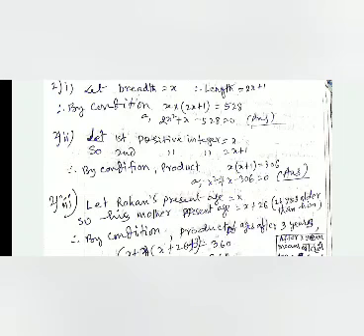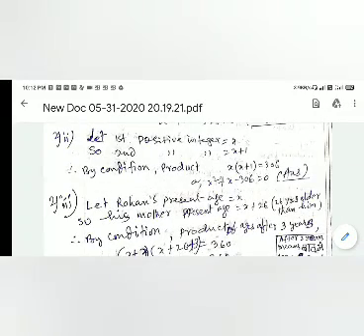Here you have to suppose that let Rohan's age equal to x, so his mother's age will be x plus 26. So his mother's age is equal to x plus 26, and they have told product of